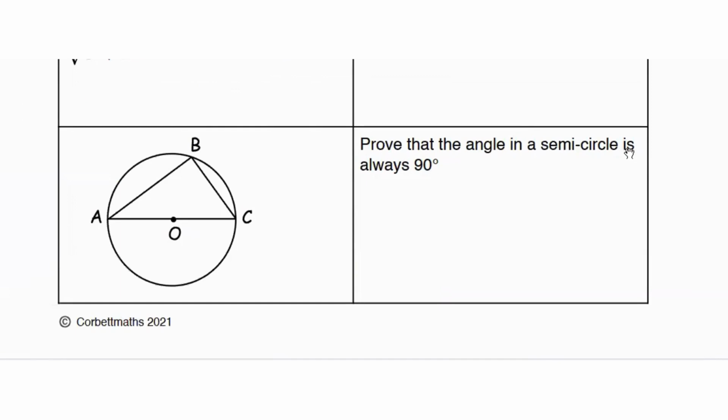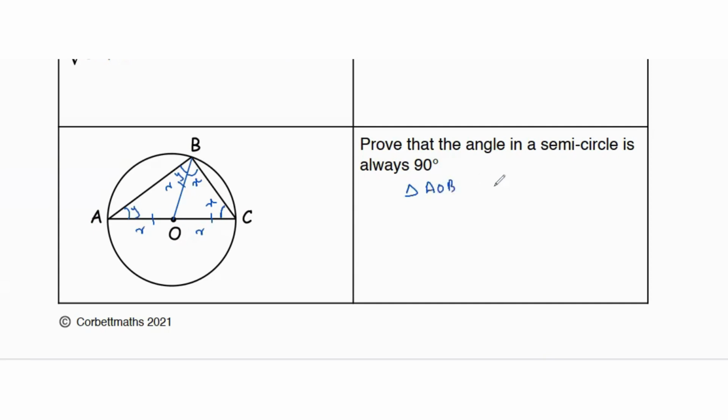Prove that the angle in a semicircle is always 90 degrees. So if we draw a line from over here, OC is your radius, OA is also your radius, OB is also your radius. So all these lengths are equal. So if we say that this is x, this is also going to be x. And if we say this is y, that's also going to be y,